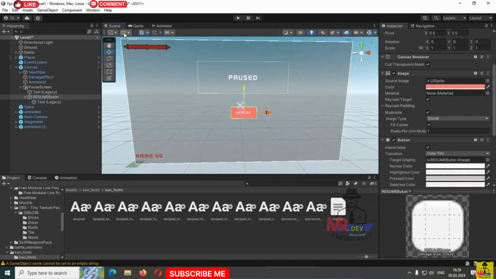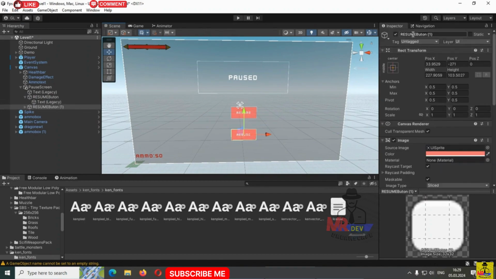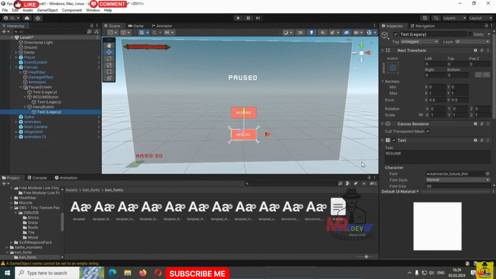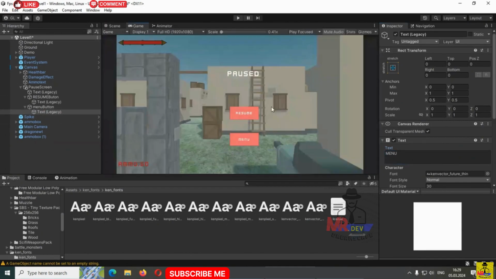Alright, we have resume button, now let's duplicate. So Control D to duplicate. Let's take the other button down. And let's call this one quit button. Not quit button, menu button. And I will change text to say menu. Just like this. Now that we have our pause screen visuals, next step will be to create a C# script and